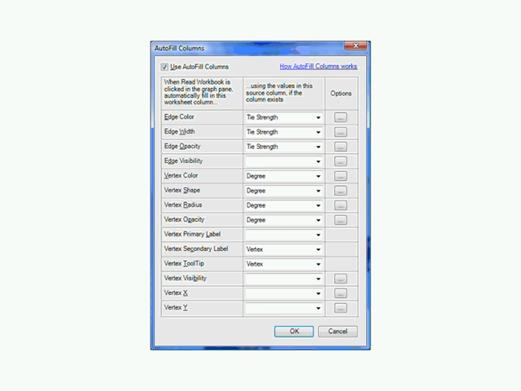But some people are in very sparse locations in the graph, whereas others are in very dense locations in the graph. In the next image, you can see the feature I mentioned earlier, the autofill columns feature. And this is a way of mapping particular pieces of metadata to particular display attributes. So you can see that we have, in this example, mapped tie strength to edge color. Tie strength is also mapped to width and opacity. One of the nice things about doing that is that really thick lines become more translucent or transparent, making it easier to see a very dense graph, to get some meaning from it.